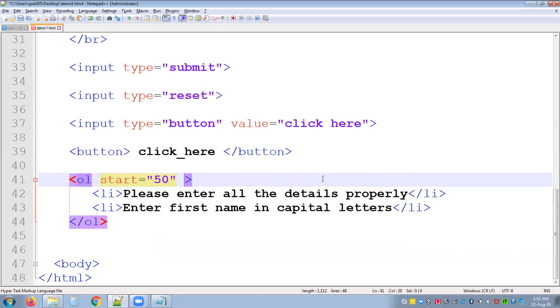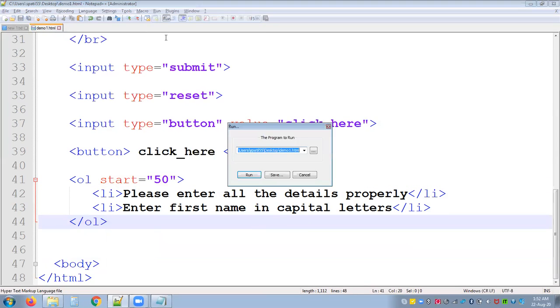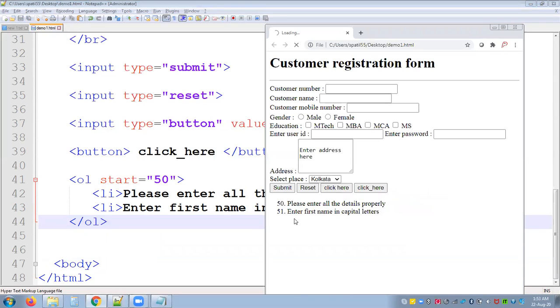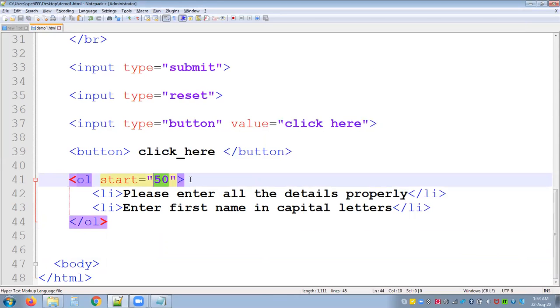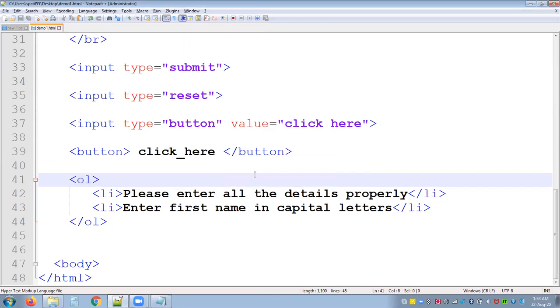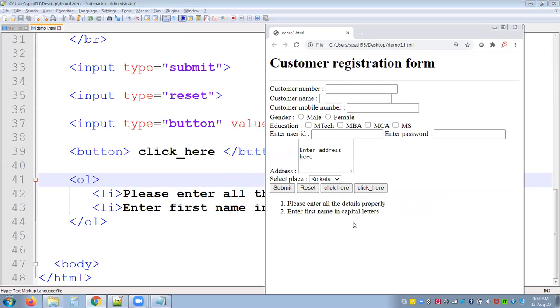I want to give 50 here so that it starts with 50. These are the different options. Suppose if I want to give 1 itself, you can give 1 or you can leave this blank. You can just remove this. It's simply an OL. It is going to display the 1, 2, 3, 4 format. OL will always give you 1, 2, 3, 4 because this is the default one.